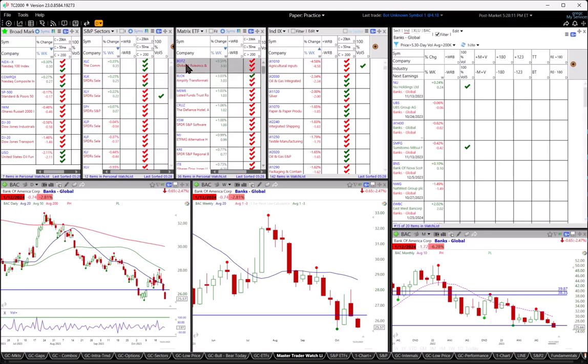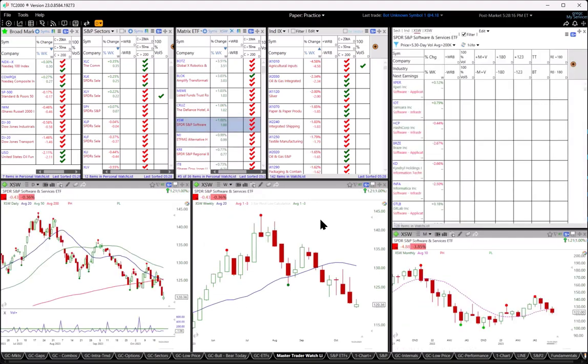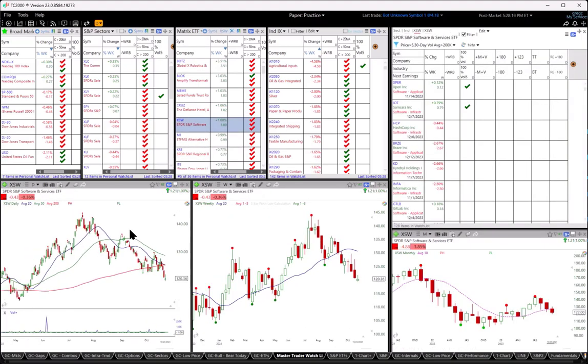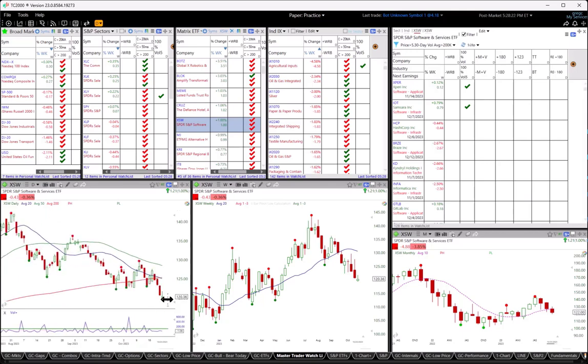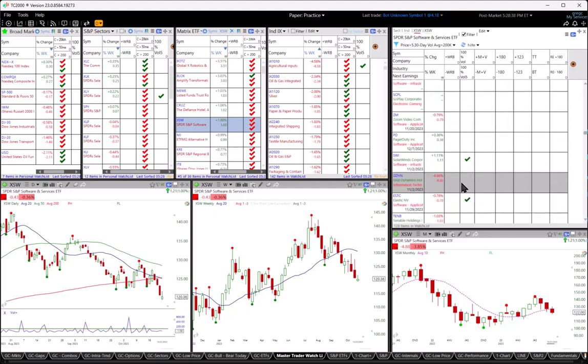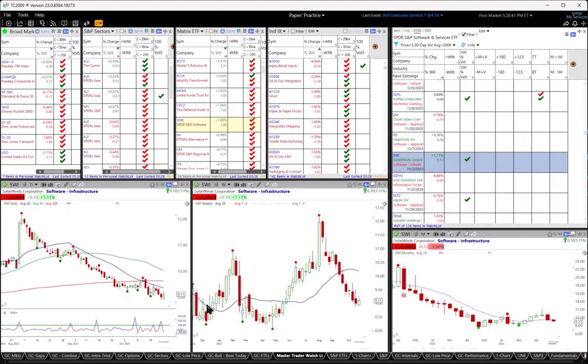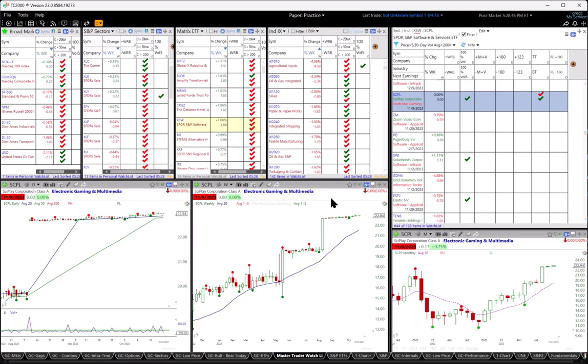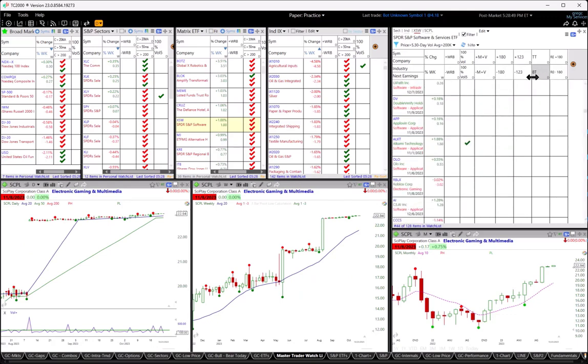Here are the S&P sectors. Here are a lot of other ETFs where we can zero in on other sectors like software. And you can see prices are coming down. We don't have any potent reversal bars here. And we can look at stocks in the sector. So rather than opening up, clicking here, I just have a watch list over here with different scans, looking for stocks within that particular sector. And so this is just a high volume scan, looking for something here, and you might find a wide range bar. Here, I find something, well, that's doing nothing there, but bottoming tail bars, 1, 2, 3s,